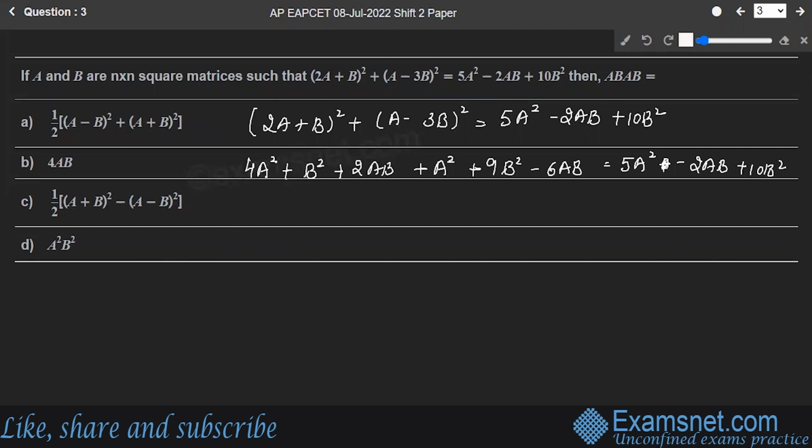The 4A square plus A square will cancel out with 5A square, and B square plus 9B square will cancel with 10B square. And 2AB minus 6AB will be minus 4AB, is equal to minus 2AB, right? This can be written as minus 4AB is equal to